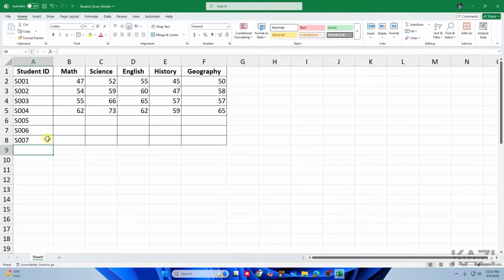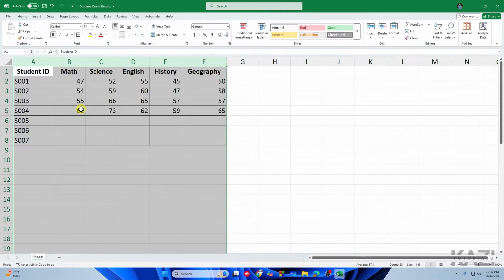So let's get started. First of all, you need to select the columns that you are using in the Excel. I'm using these 6 columns, so I will select that from the above like this. And then from the above side, you need to go to the Home tab, and from here you'll probably find the Conditional Formatting option. You need to select that one